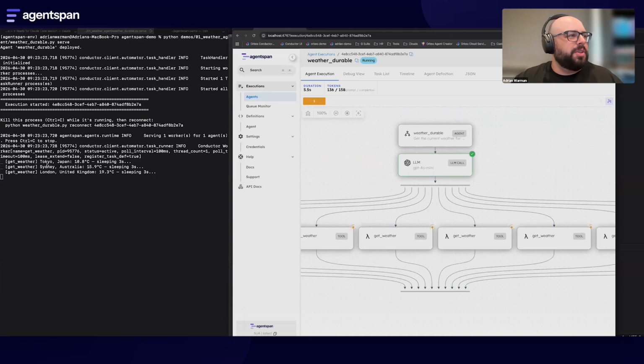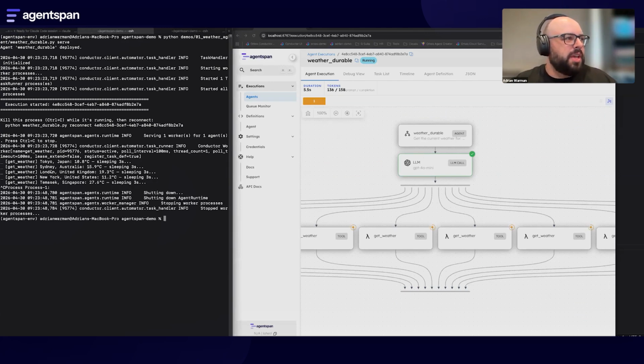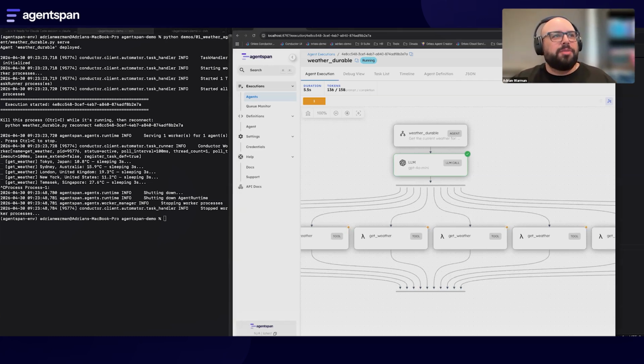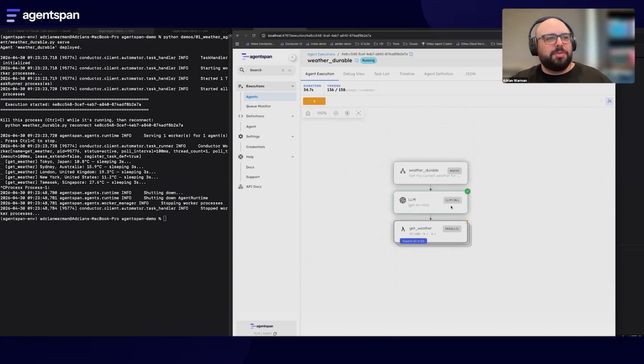And over here, you'll start to notice that it's starting to go through those cities. So Tokyo, Sydney, London, New York. But if I were to come in here and kill this process, it didn't quite finish, right? And I only got halfway through my run. But if we actually look at the agent run itself, it's still in a running state. Nothing was really lost. It remembers those previous cities that I already did,